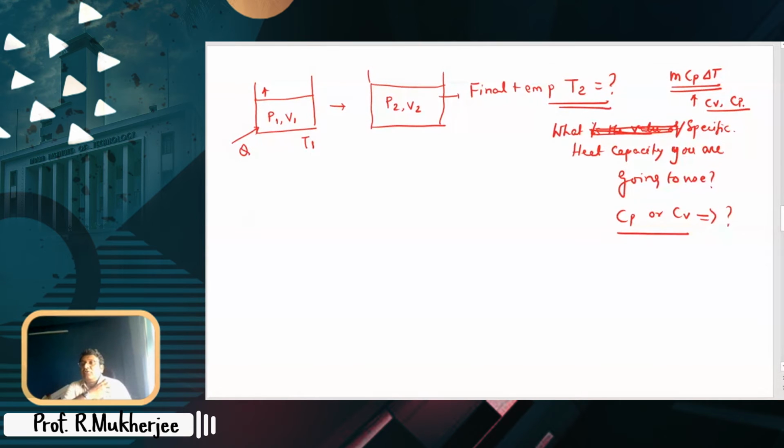You don't even have to do P2 V2 by nR, Ayush. You can simply use P1 V1 by T1 equal to P2 V2 by T2. And from there you can find out T2. Agreeing that P1 V1 is known. You don't have to care about which path it has taken and all that. Initial condition is known if it is fully defined, right? And of course your temperature needs to be defined, and final temperature.